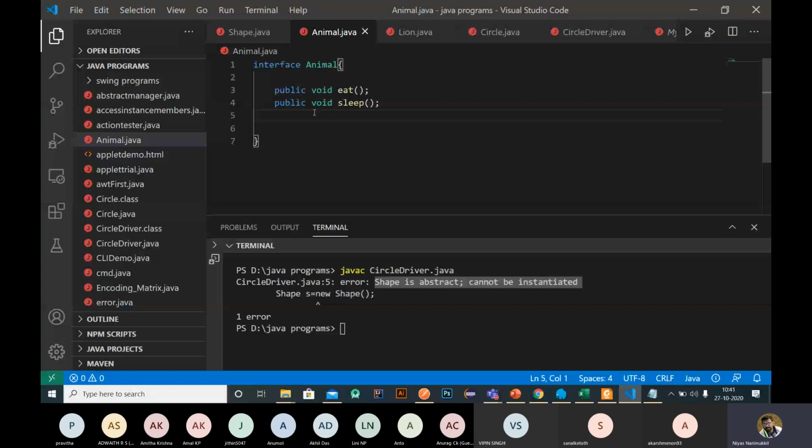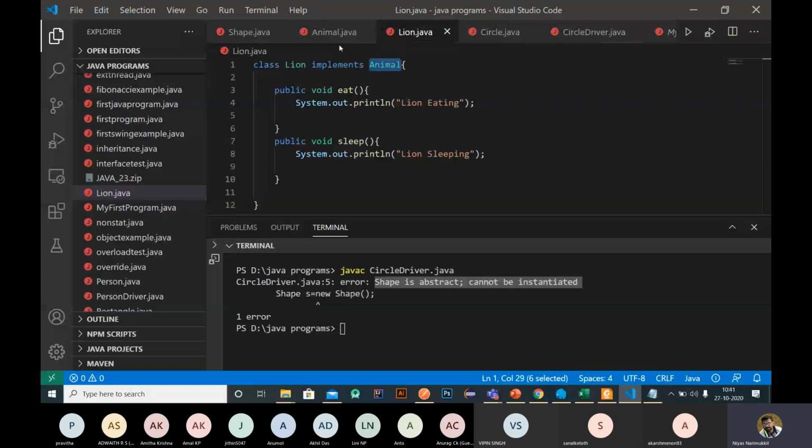So in order to use this interface, we need to create another class. That class needs to implement the interface. Okay, so in case of abstract classes, we use the concept of inheritance.